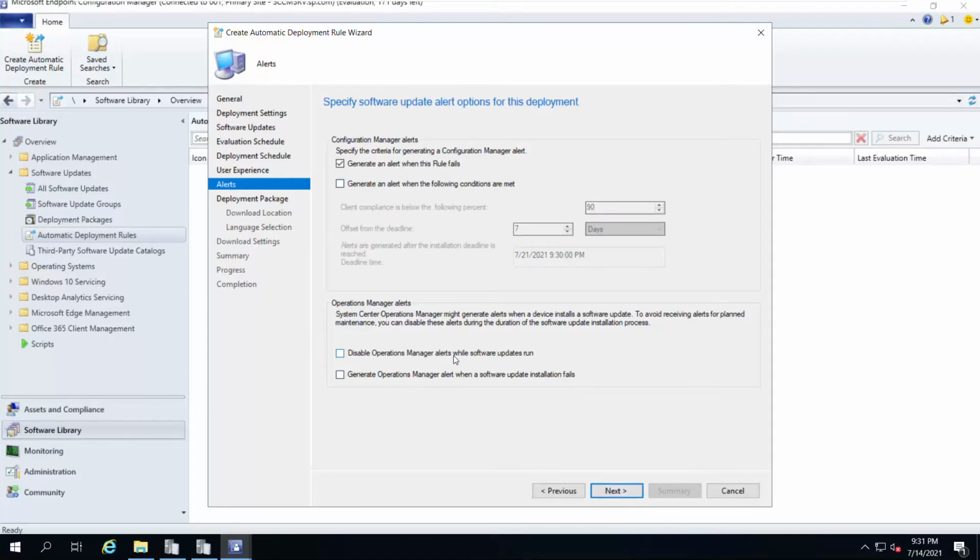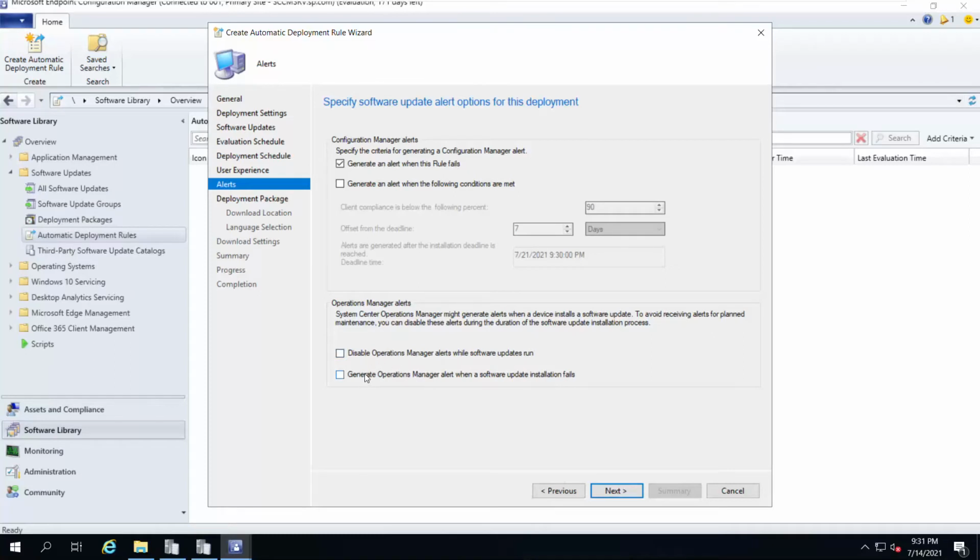You can disable operations manager alerts when software updates run. Operations manager, as we have seen on the first day, is part of the System Center family, and it is used for monitoring purposes. It is a completely different tool. You need to deploy operations manager, you need to have a license, you need to deploy it on another machine, and you can monitor your SCCM related stuff.